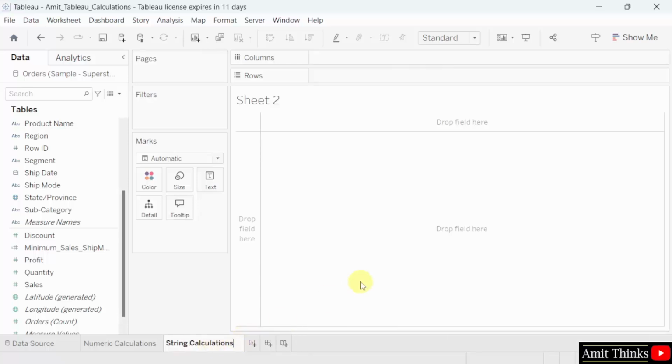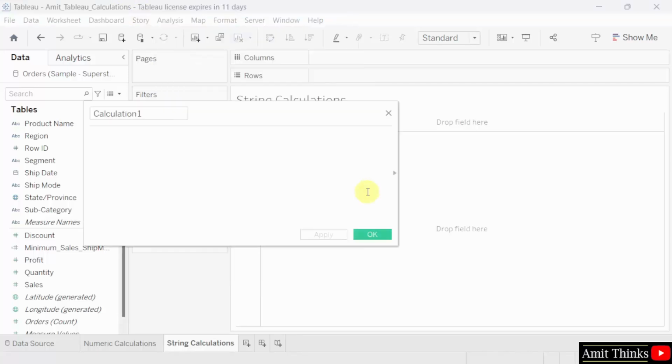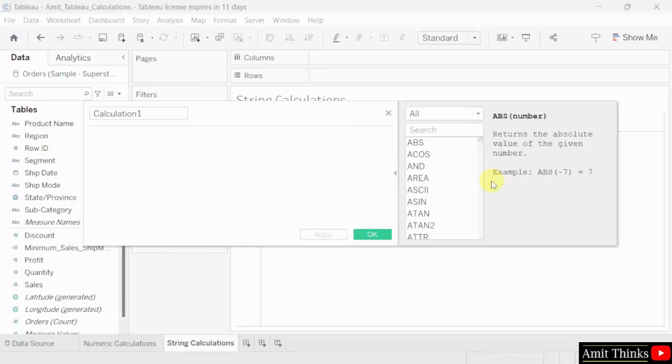So I named it string calculations in the project Amit_Tableau_calculations. Go to analysis. Click create calculated field. Now we will create a calculated field. Click here and now the methods are visible like before. We saw numeric before, number. Click string and all the string